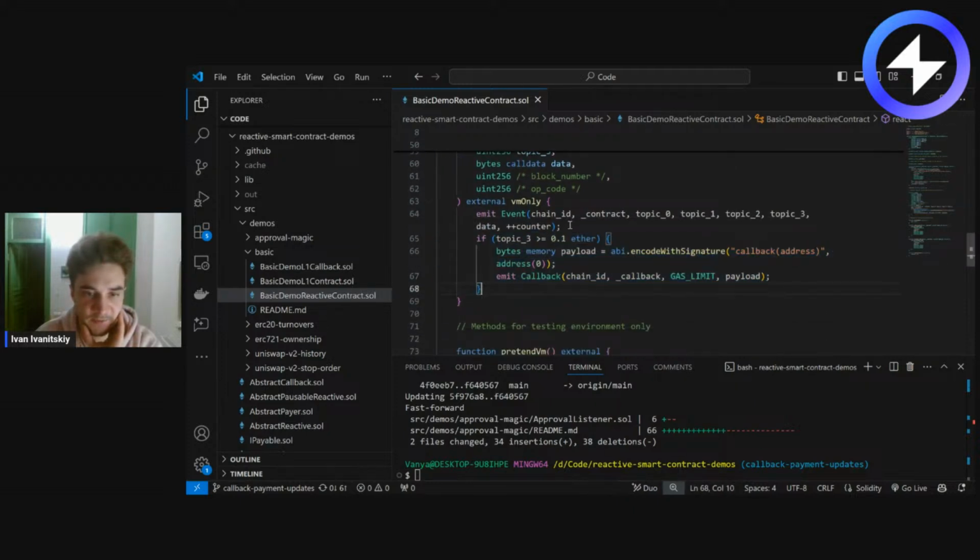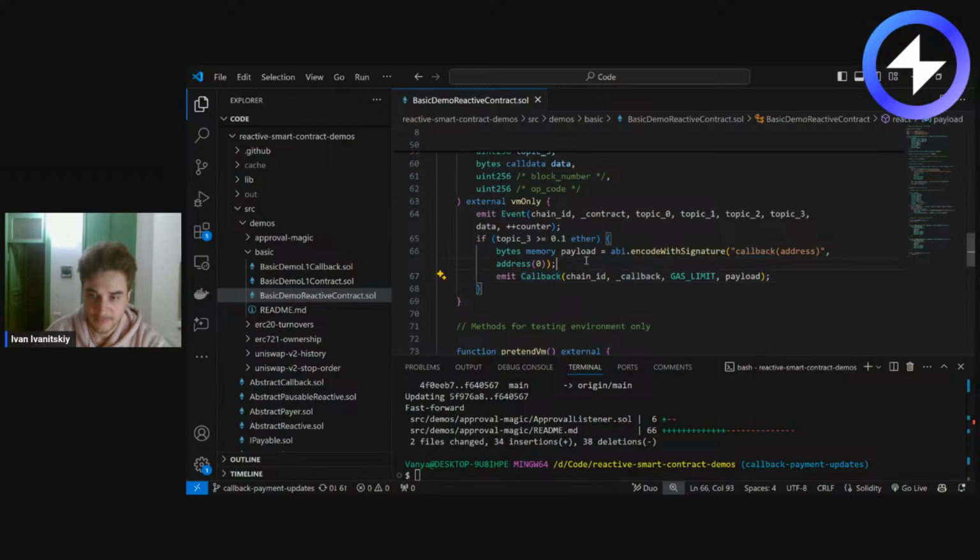What's happening here is we're just emitting the event with all the data for debugging purposes, and then we are checking the condition that the transfer was bigger than 0.1 ETH, just to add some condition check to this boilerplate example. And then if this condition is met, then we